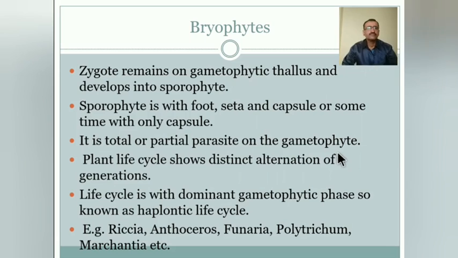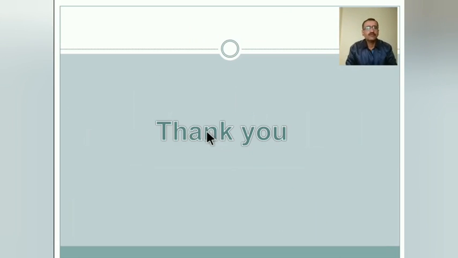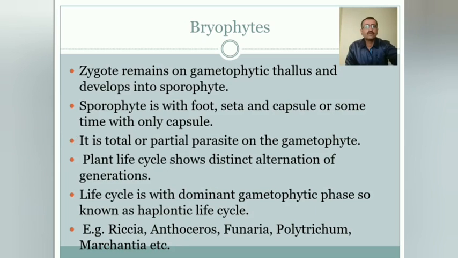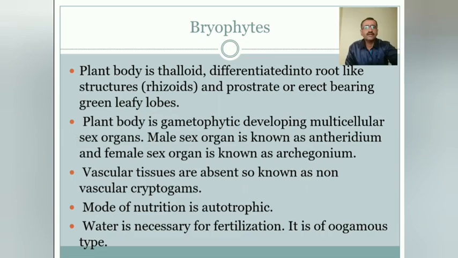Next one is the characteristic of the bryophyte. Plant body is thalloid, made up of thallus, differentiated into root-like structure. Let us see here. In algae and fungi, they have a thalloid plant body. They do not have root, leaves and stem. But in the bryophytic plant, it is differentiated into root-like structures. They are not roots, but root-like structures known as rhizoids, and prostrate or erect, bearing the green